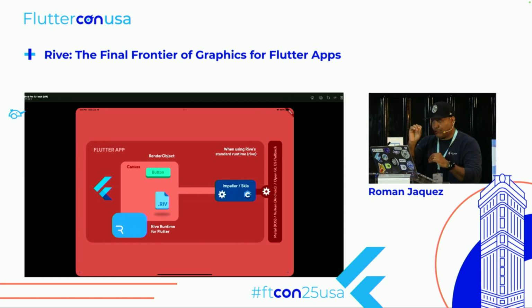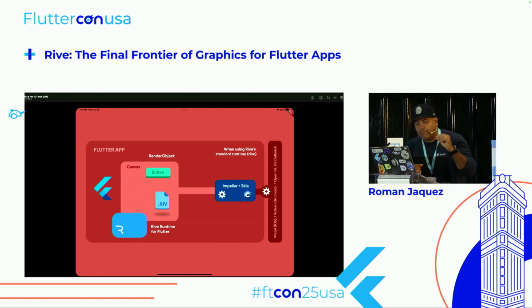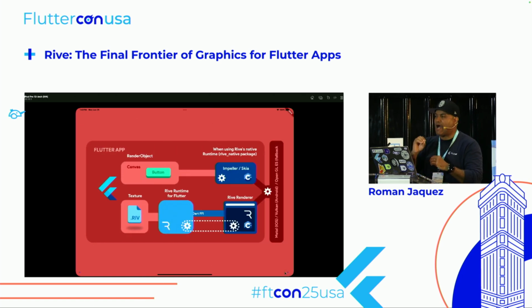Starting with Flutter 3.10, Impeller became the default for iOS, and starting with 3.29, Impeller became the default for Android. It's expected to expand to other platforms over time, of course. Impeller is Flutter's modern rendering engine designed for smooth UI performance. But if you want really complex animations using glows and shadows,